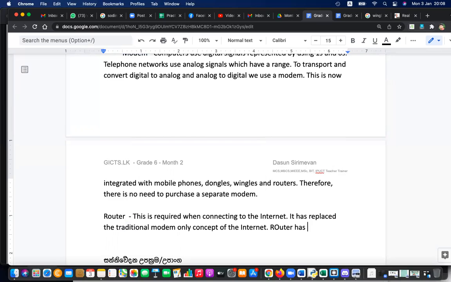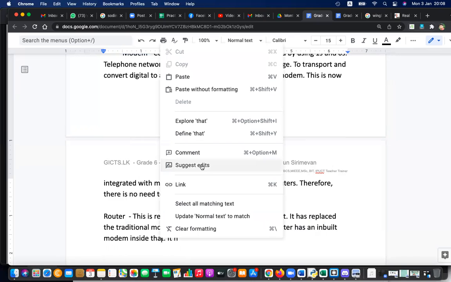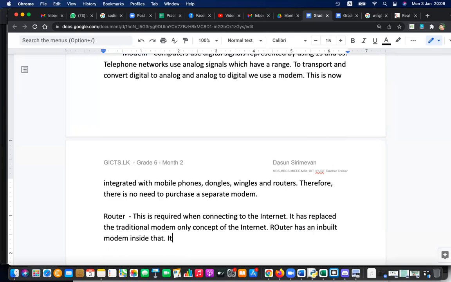Router has an inbuilt modem inside that. In addition to the modem process,